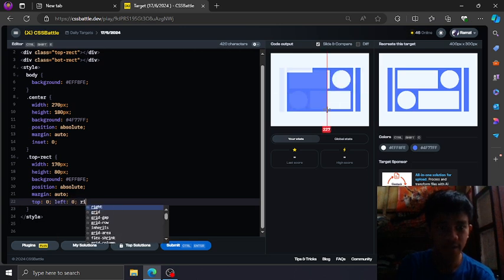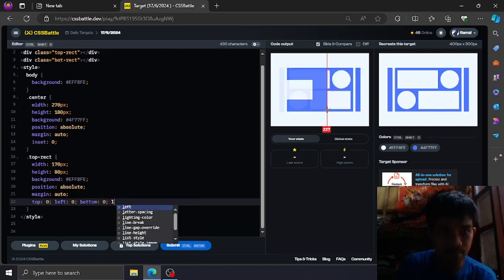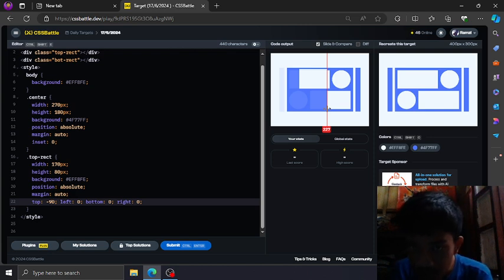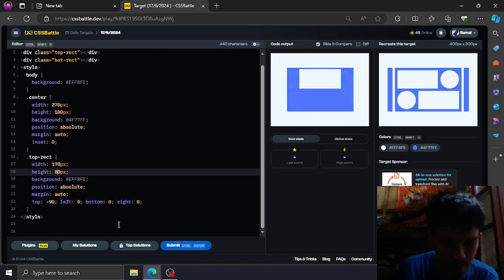Top, left, right, bottom. And push this to the top. Yes. Put negative value here. Negative value. Okay, the height maybe 75.